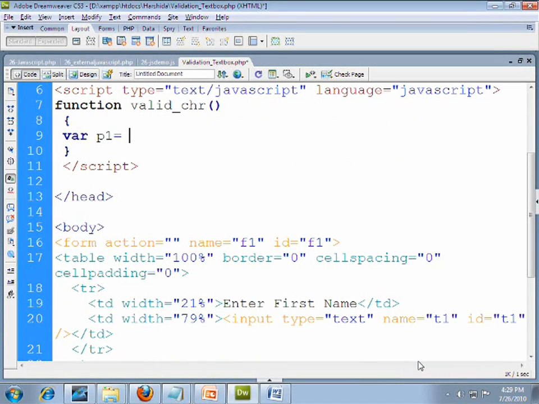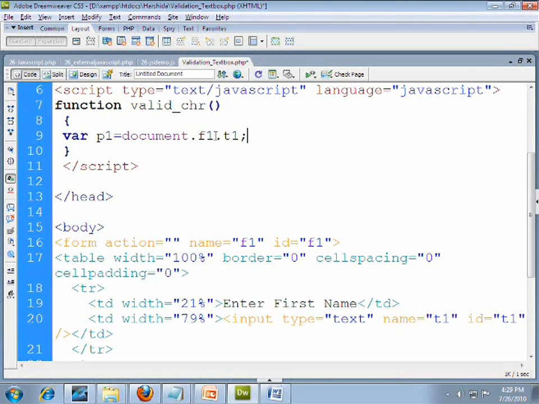If I'm interested in accessing the value of the T1 text box, I write document.f1, where F1 is my form ID. Again, if I want to use the text box information in my JavaScript function, I specify document, then F1 for the form ID, and then your text box name, which is .t1.